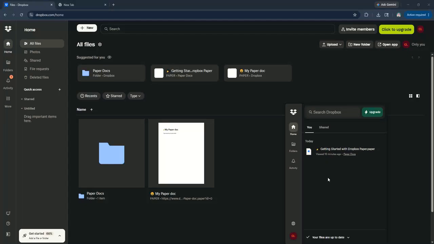If you have multiple Dropbox accounts, remember that by default, only one can be synced at a time with File Explorer, so choose the one you use most frequently. Adding Dropbox to File Explorer streamlines your workflow by giving you quick access to your files without needing to open